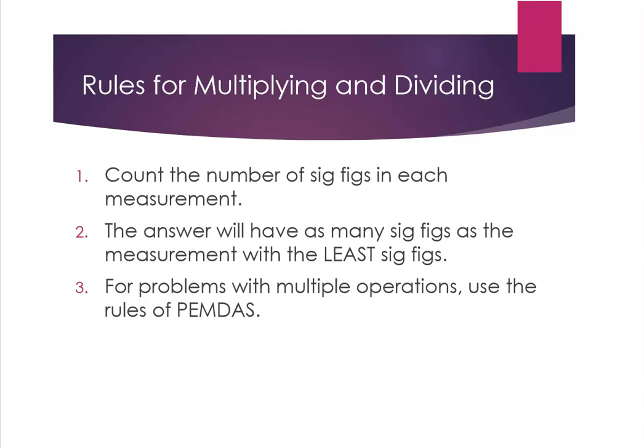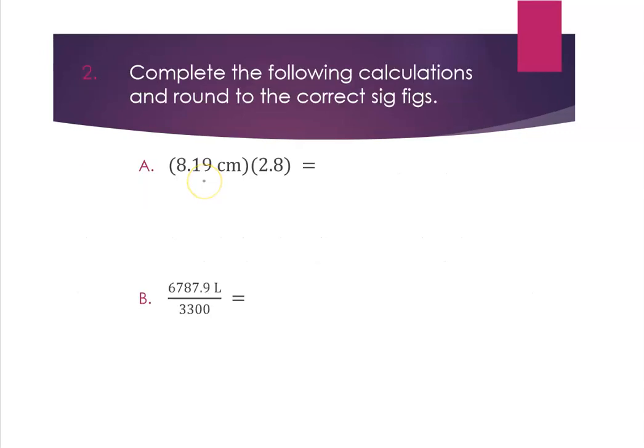All right, so multiplying and dividing, we count the number of sig figs in each of my measurements, and then my answer will have the same sig figs as the measurement with the least sig figs. All right, so I just count sig figs and then I use the smallest number. So if we look at these 2 examples here, I'm just going to do this math, 8.19 times 2.8. So when we put that into the calculator, we get